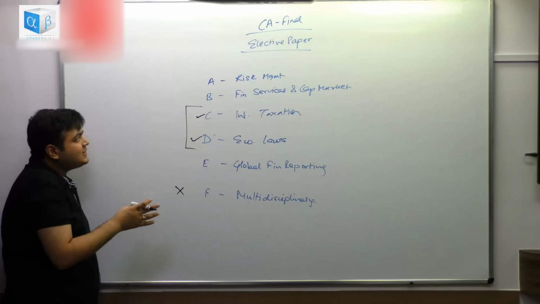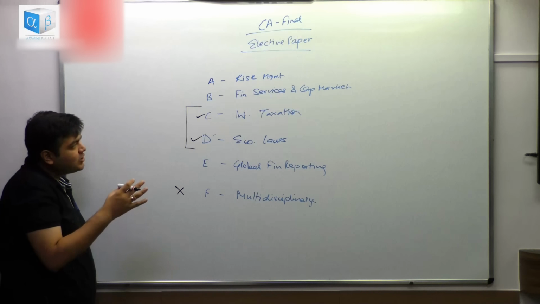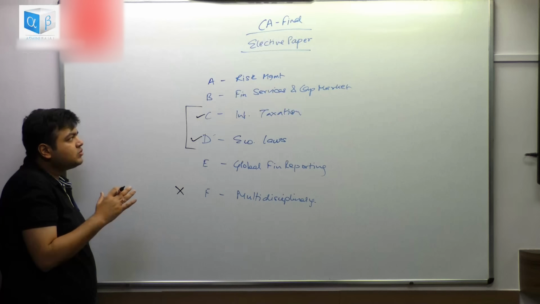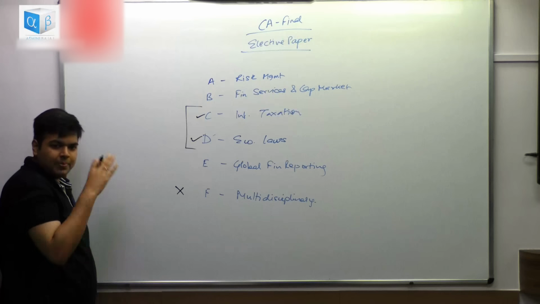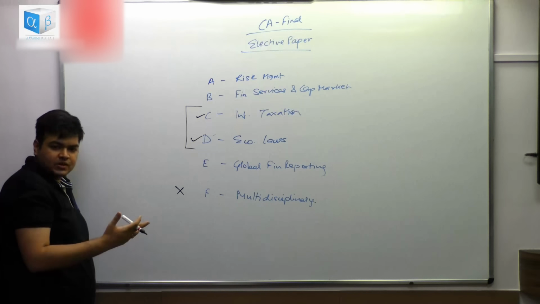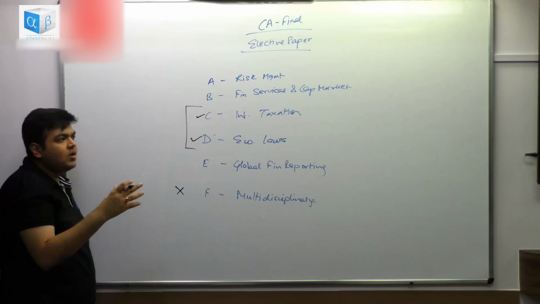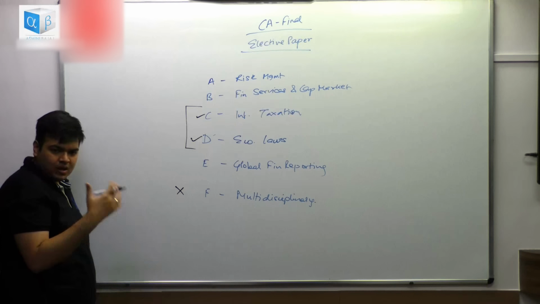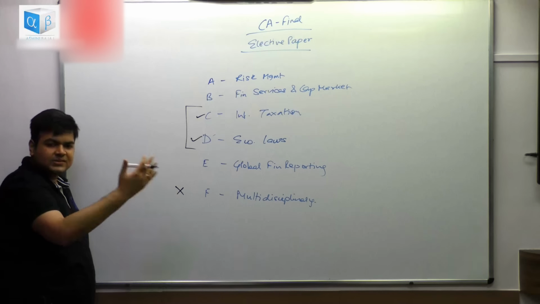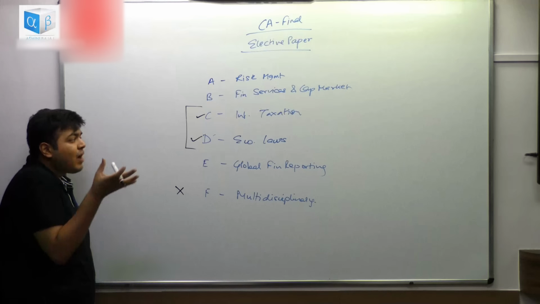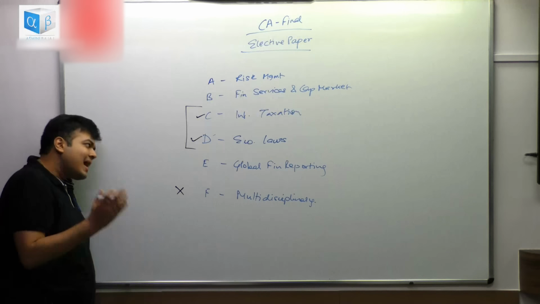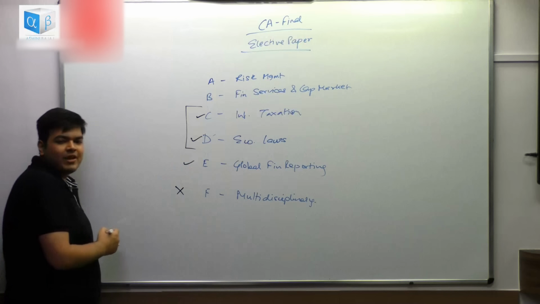I'll discuss the syllabus of all the 6 subjects. Then the tough choice is between A, B and E. That is your risk management, financial services and capital market, and global financial reporting. For those students who do not want to give a lot of time to the preparation of the elective subject, for those who have a knack for IFRS, US GAAP, maybe you've done a lot of reporting work consolidating entities during your articleship, maybe in Big Fours, maybe the other ones where you've dealt with subsidiary holding companies a lot, and you actually like the reporting part and you like your accountancy standards, reporting and all of that. In that case, again, a good idea would be to go for global financial reporting.